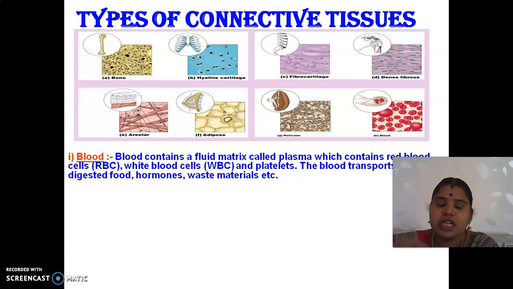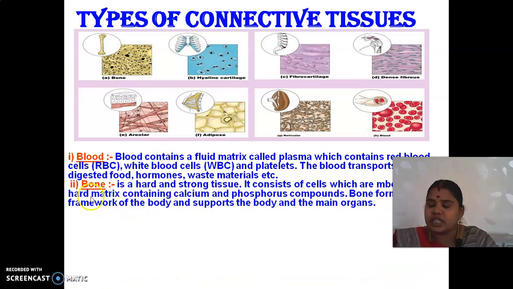So the blood contains three types of components: RBC, red blood cells, WBC, white blood cells, and platelets. What is the main function of the blood? The blood transports gases, digested food, hormones and waste materials to all parts of our body. Understand? And the next one is the bone. The next example of the connective tissue is